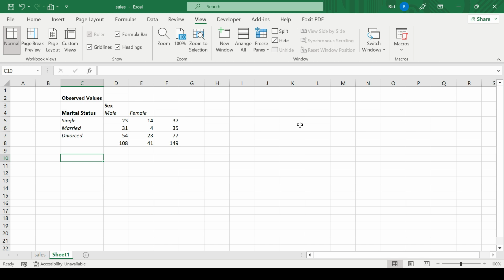Just like correlation, which allows you to check the relationship between two numeric variables, I explained correlation analysis in one of my videos, and I'll give the link. Chi-square analysis allows you to check the relationship between two categorical variables. So if we have two categorical variables and I want to see how they are related to each other,